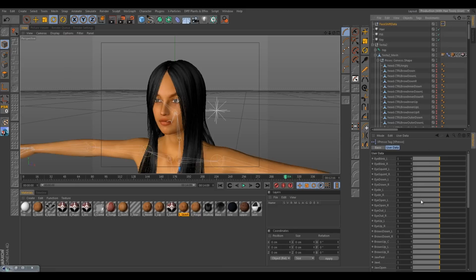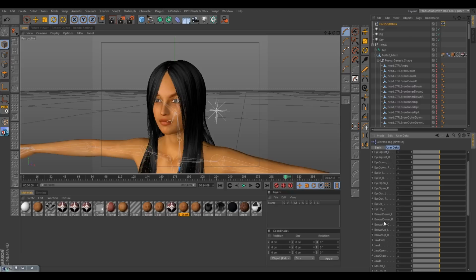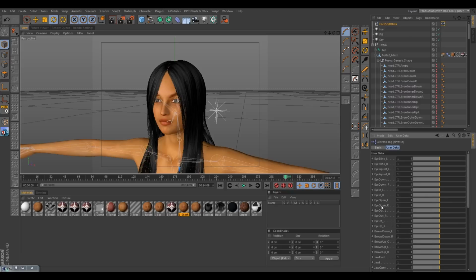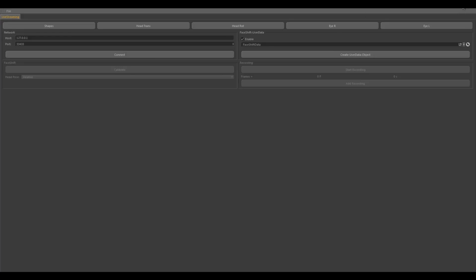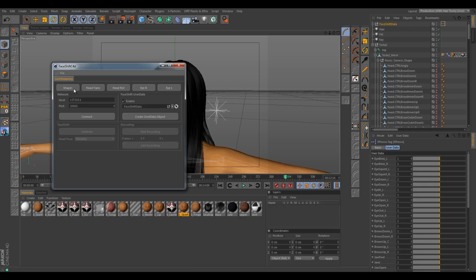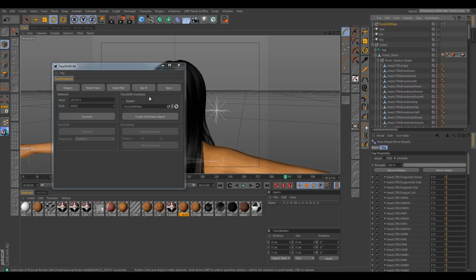So here we have all our morphs that Phaseshift is expecting. These will automatically get synchronized or linked via Xpresso if we click on this shapes node here. And if we select our pose morph expression and then click on the shapes, it will automatically link those up.